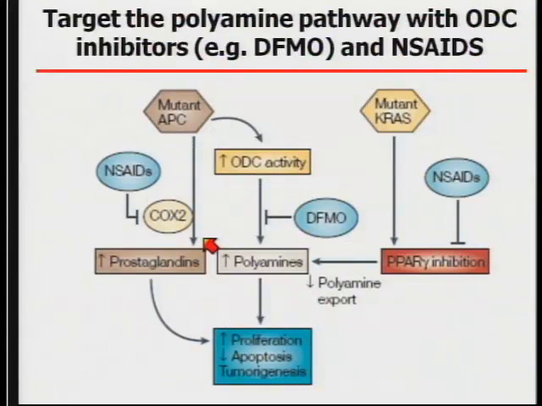We've targeted this pathway pharmaceutically using a number of agents. Here I would just remind you, we're talking about a number of steps in this pathway. Biosynthesis, ornithine decarboxylase is just one of the genes. There are clearly a number of other processes, catabolism, uptake, efflux mechanisms. In our experimental studies, we focused on one particular agent, difluoromethylornithine, which is an inhibitor of ornithine decarboxylase, in combination with several nonsteroidal anti-inflammatory drugs.